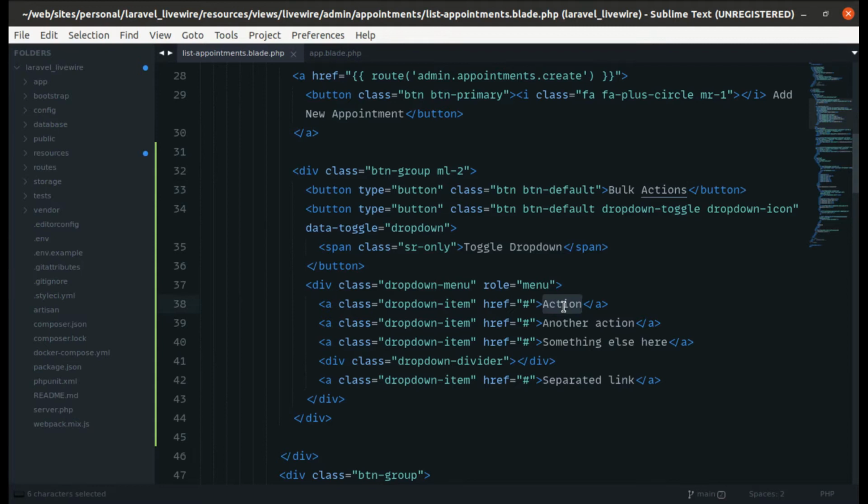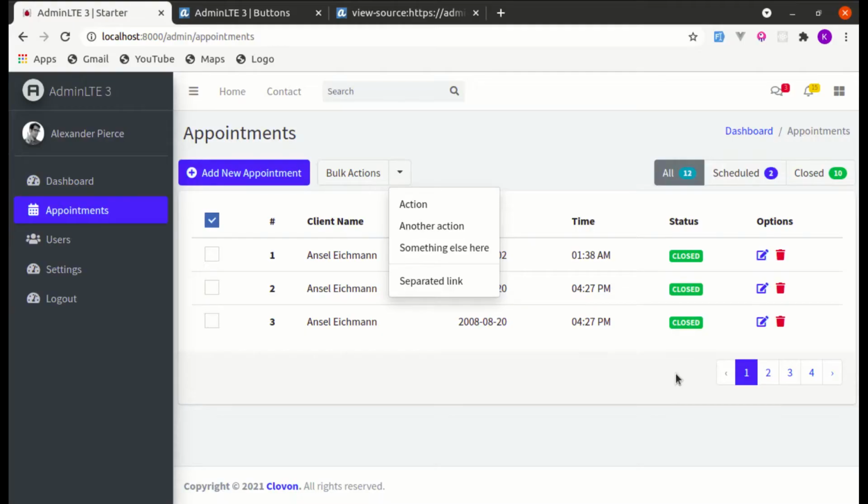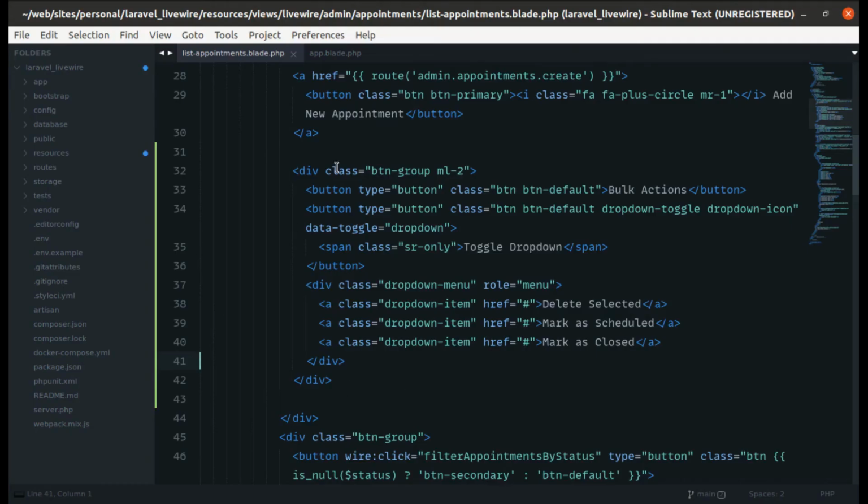So over here let's do delete selected, and then mark as scheduled and mark as closed, and we don't need this. Okay, fine. And over here we'll be displaying the text called